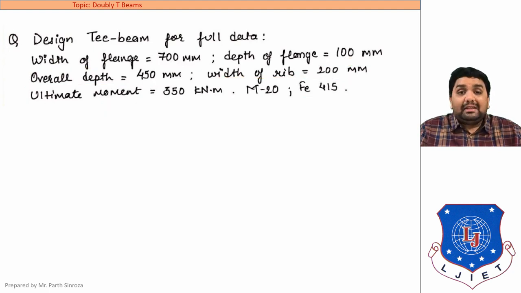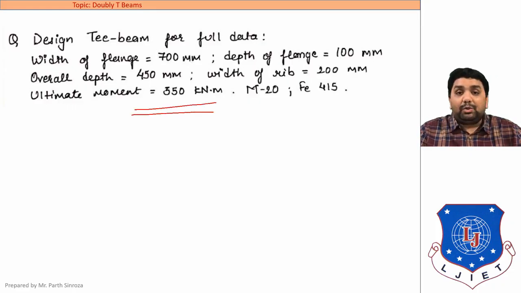Now in design there is a major change as compared to our analysis portion. In the analysis portion we were using the cases that were seen, that is case 1 and case 2. Here we won't be using this; we will be using the relation between MU and MU limb, because for design purposes AST and ASC are to be identified. In the analysis portion, AST, that is area of steel in tension, and ASC, that is area of steel in compression, were already given in the question. But in designing, we need to find the amount of steel that is required. So we can't compare FC and FT. For design purposes, we will be comparing MU and MU limb.